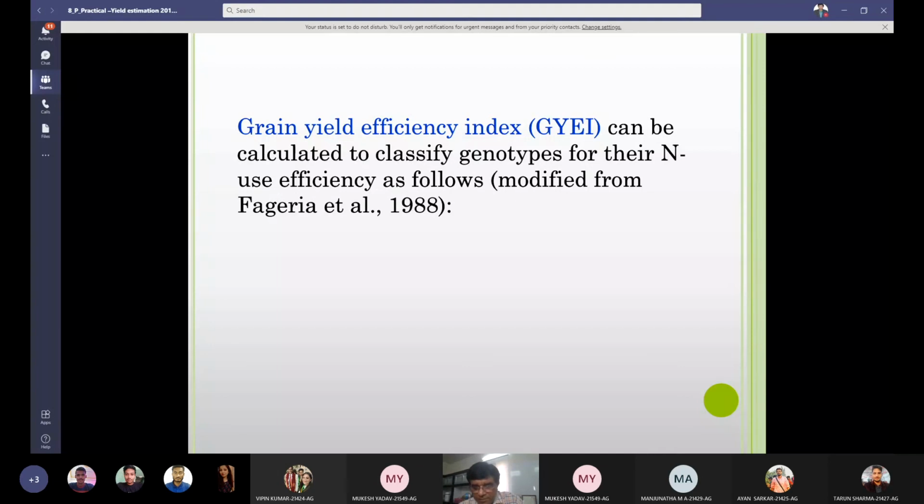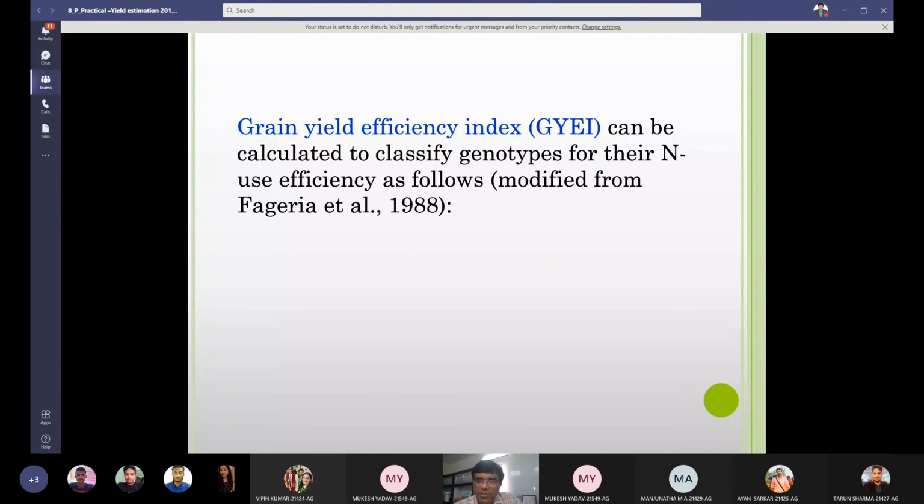And actually what happens in cereal crops, definitely cereal crops are the most important crops in the world. And among all the plant nutrients, nitrogen is the most important nutrient. You are aware of it. Nitrogen contributes handsomely to the production of cereal crops. So the requirement of nitrogen is very high for cereal crops, rice, wheat, maize, etc. So people wanted to know certain genotypes, certain varieties, certain plant types that can give you higher yields under nitrogen deficiency or phosphorus deficiency.